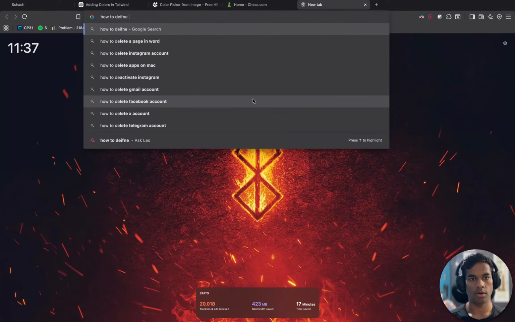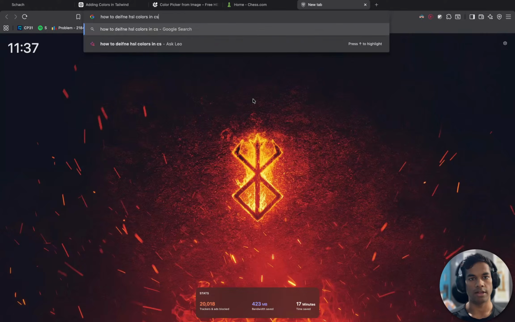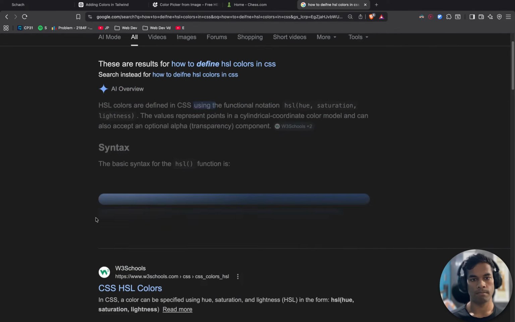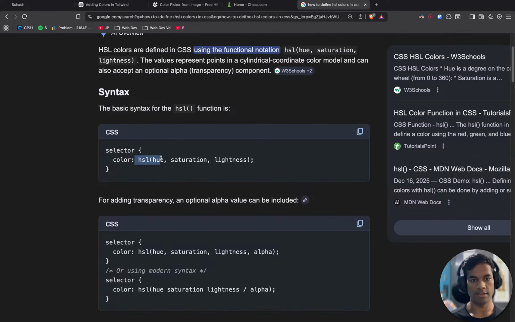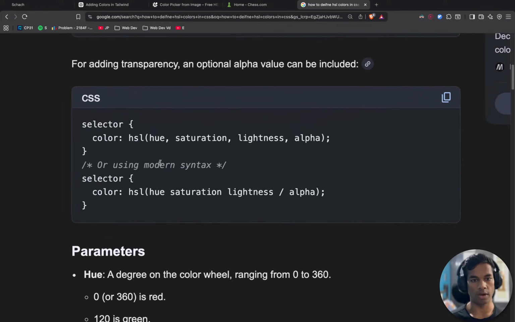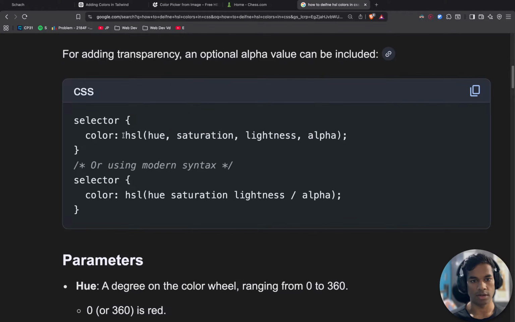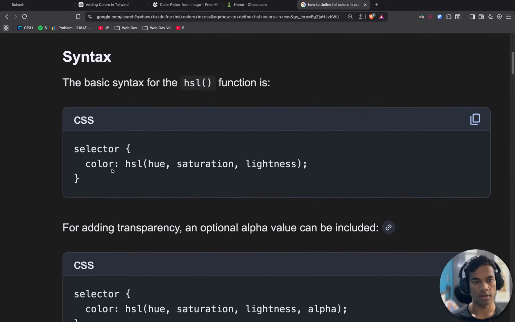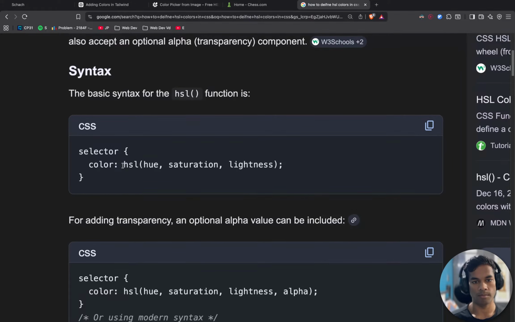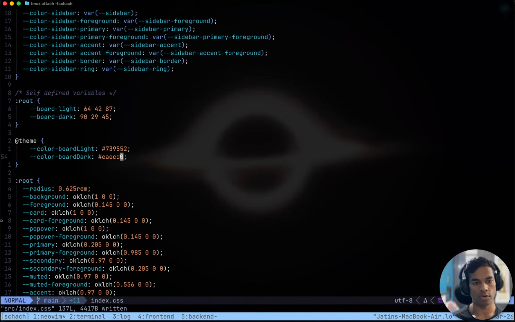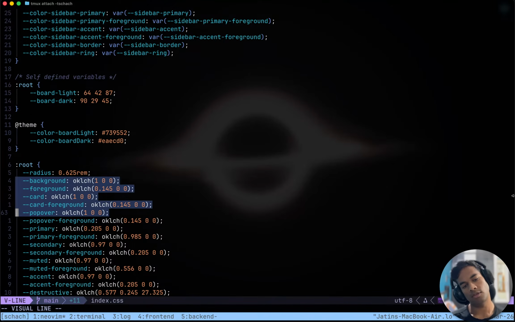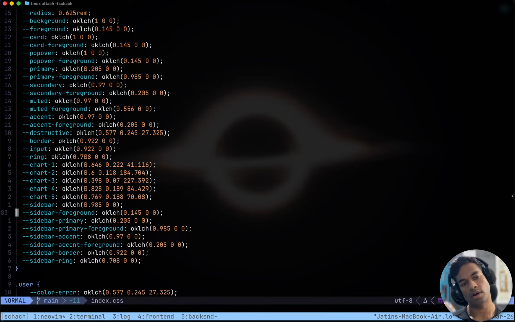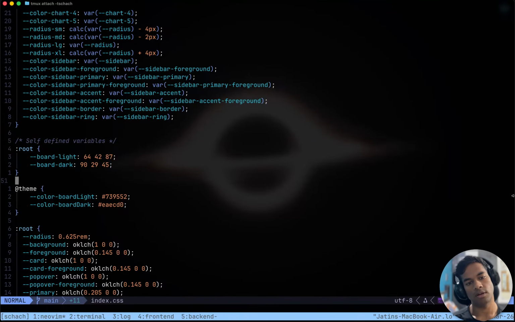So how to define HSL colors in CSS: HSL, and the three values. Okay, it works like this, but it was not selected. It also takes an alpha value, but it seems to be optional. So why was HSL not working? Don't know. Maybe Tailwind does not work with HSL.